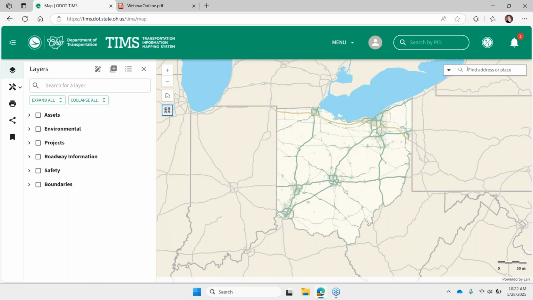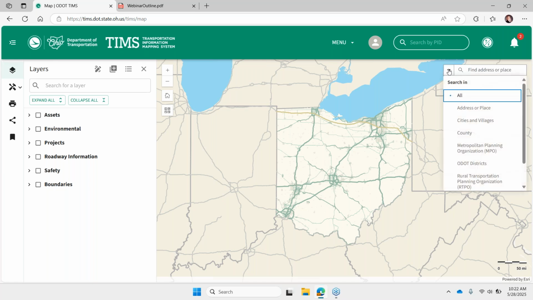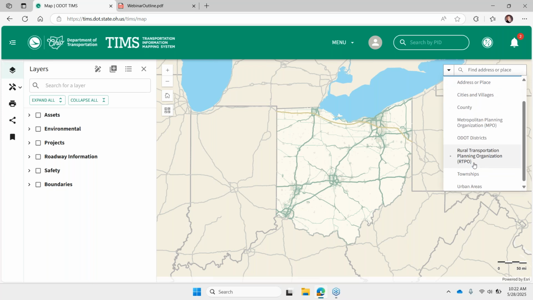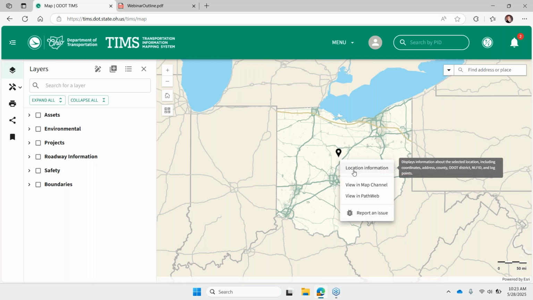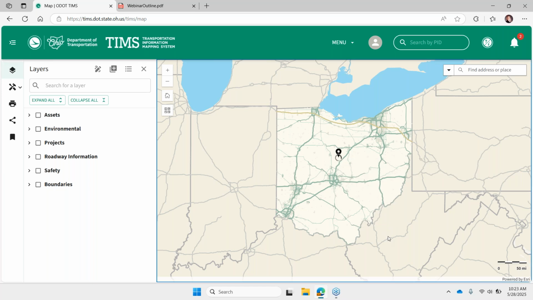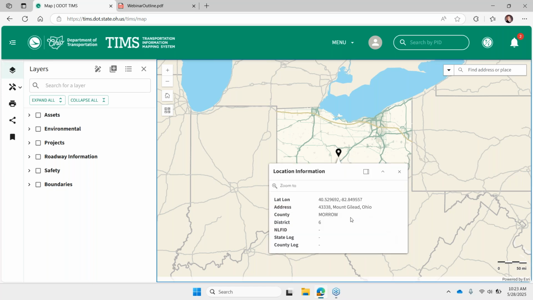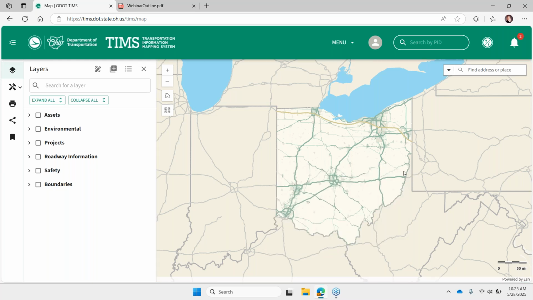And then we have these search tools in the top right corner. If you are on a mobile device, you can have it zoom to your current location. And this tool combines all the ways that you can search. By default, it'll search all of these different locators we have configured, so you can just leave that. And then you can interact with the map itself by right-clicking anywhere, and you'll have a few options there. We'll be using that tool a lot as we step through everything today, so this will be the first time I get that on your radar.